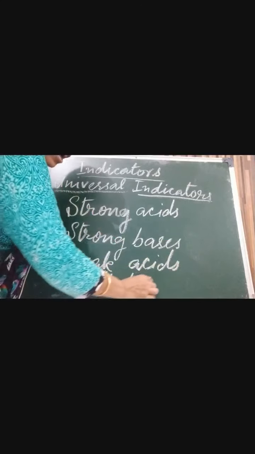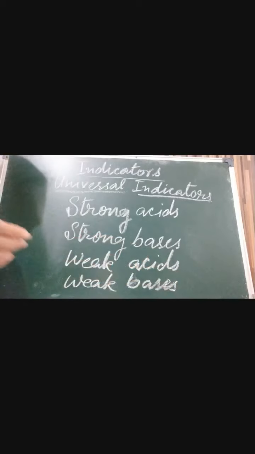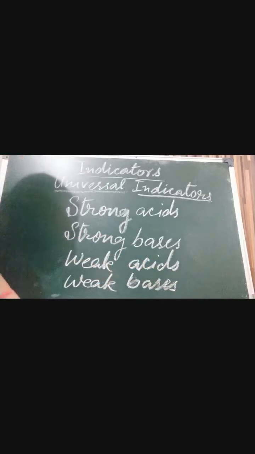So how are we going to find out which one a substance is? We are talking about indicators. They tell us whether the substance is acidic or basic in nature. But if we want to know whether the substance is a strong acid or weak acid, strong base or weak base,